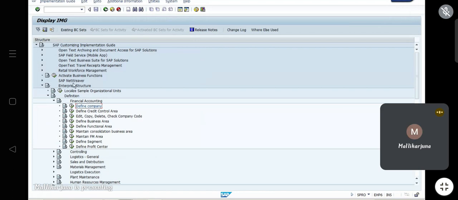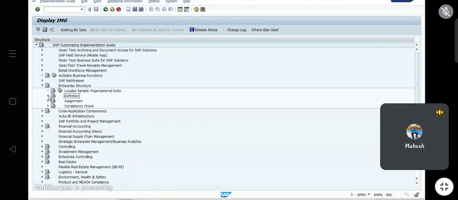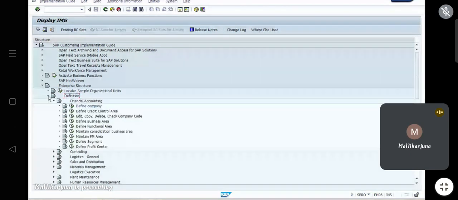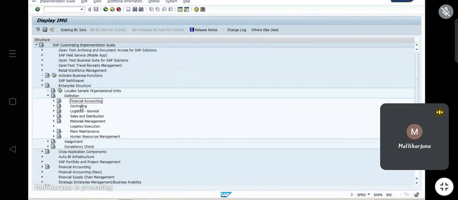So, enterprise structure, definition. Under the definition, you could see financial accounting. Right? So you see here in enterprise structure, under the definition, we have the controlling model, we have the logistics. As in yesterday and day before yesterday's class we discussed, every module has its own enterprise structure, nothing but organizational structure. So in accounting and controlling, our area, that means FICO consultant, is the responsible person